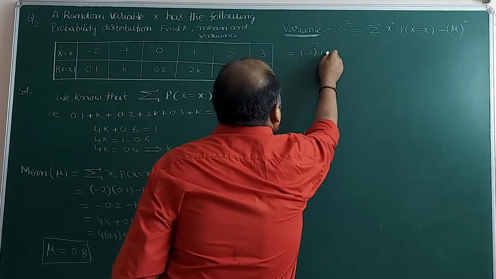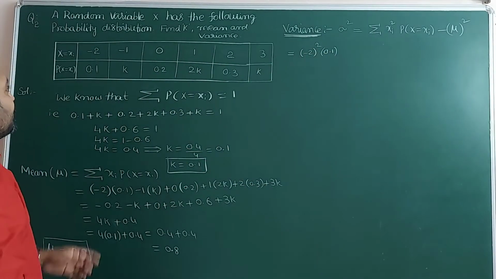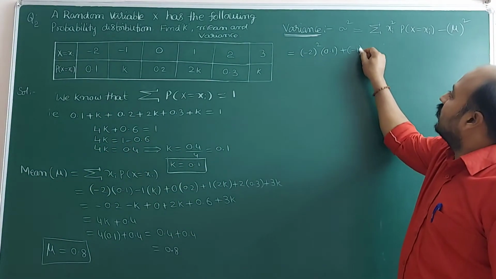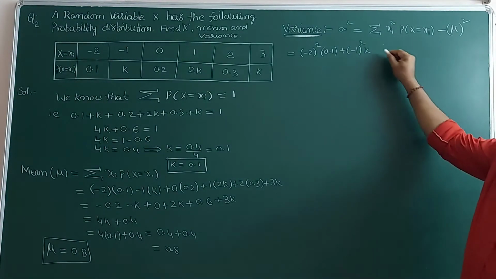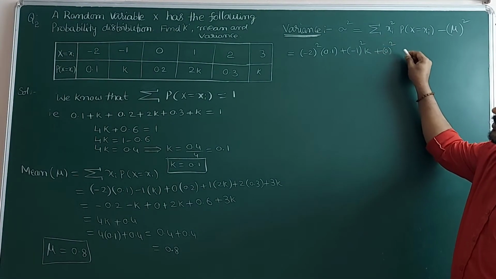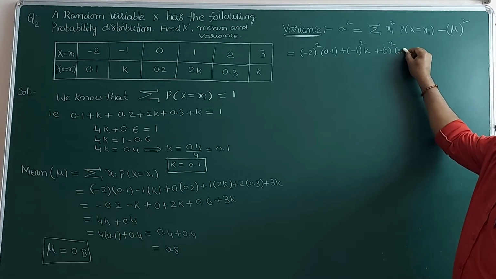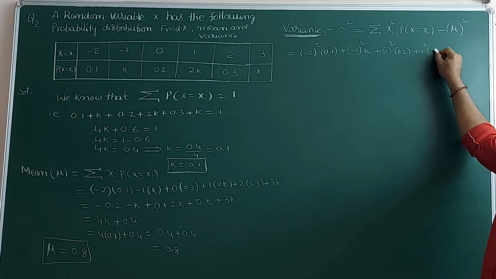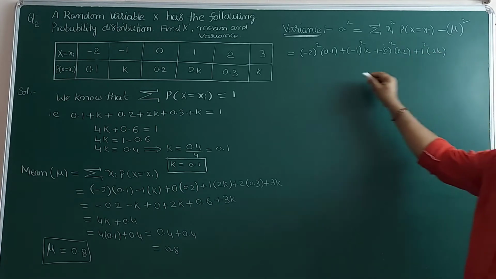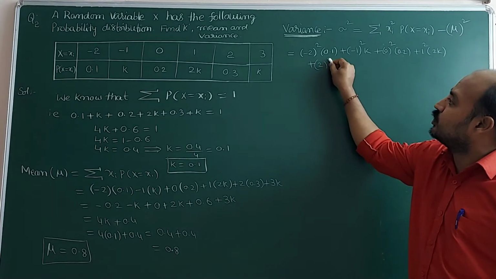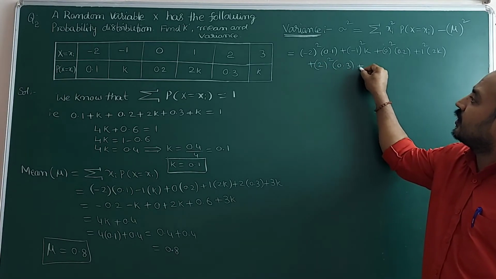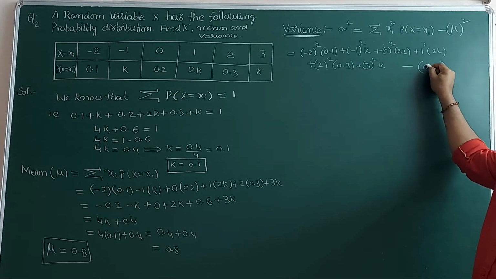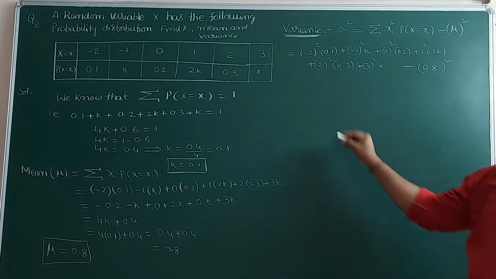Next, minus 1 whole square into k, plus 0 square into 0.2, plus 1 square into 2k, plus 2 square into 0.3, plus 3 square into k, minus mu square, 0.8 square, which is equal to